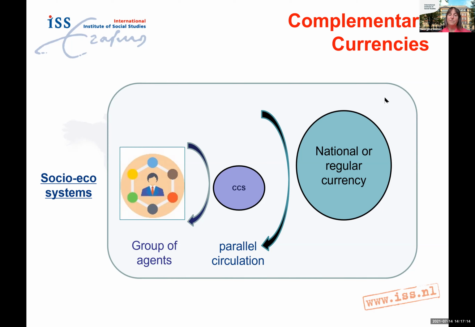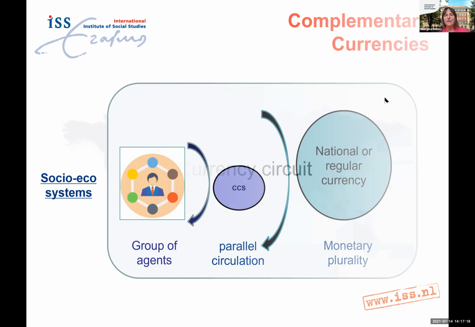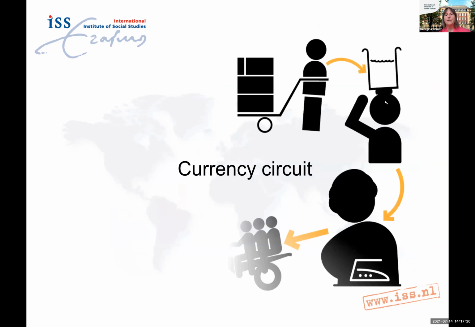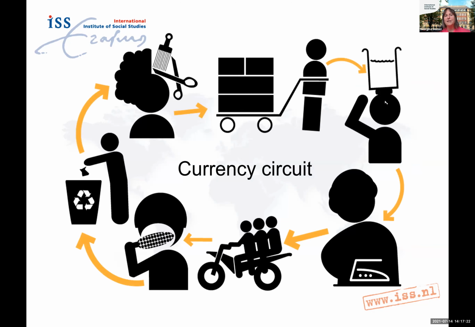Now, some of them are more basic than others. When we speak of a currency circuit, it is precisely those that you can recirculate. So you can get a haircut if you provide a favor, which is not a favor, to help somebody move, for example.